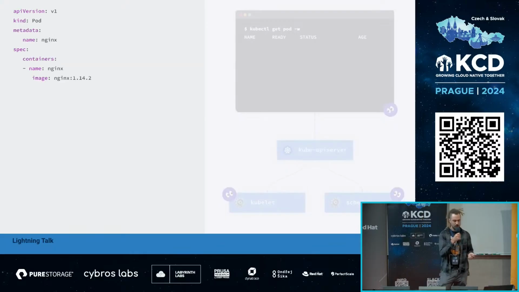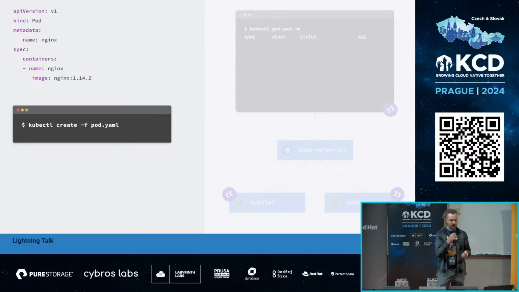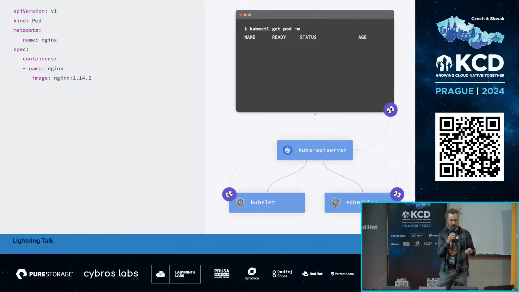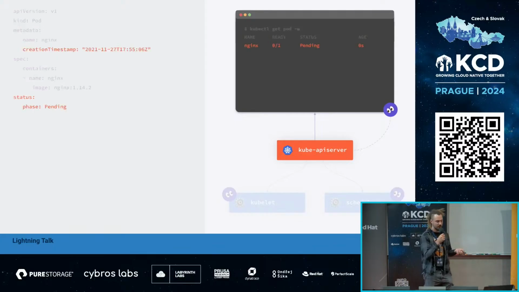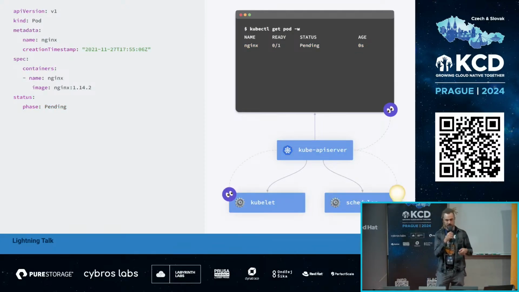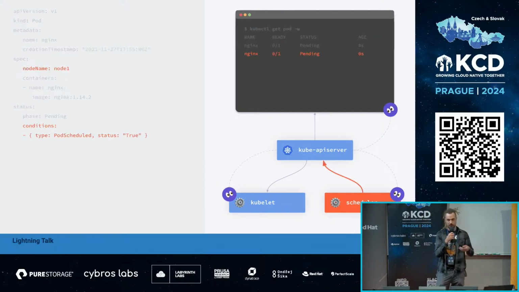In another console, we'll try to create another pod. We just run kubectl create with this spec. First, this pod arrived at the kube API server, and the API server appends the creation timestamp and status, and we see the next iteration. So the scheduler finds that there is a pod, it has no node name, and I have to assign a node name. Then it runs its own reconciliation loop, its own business logic, and assigns a node name to the same